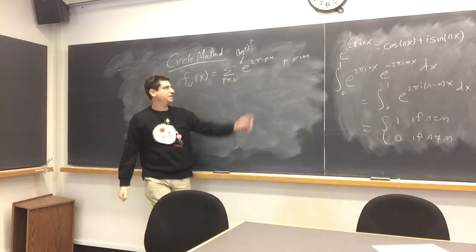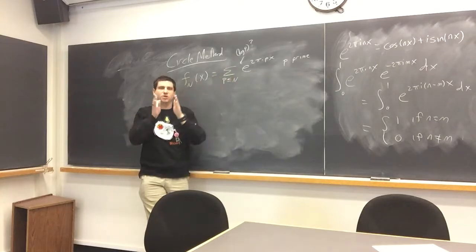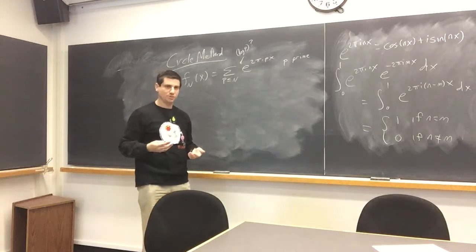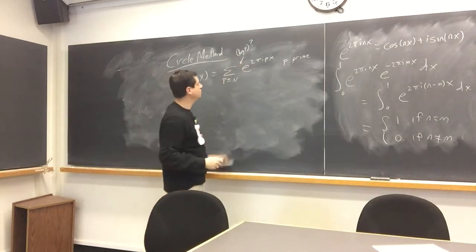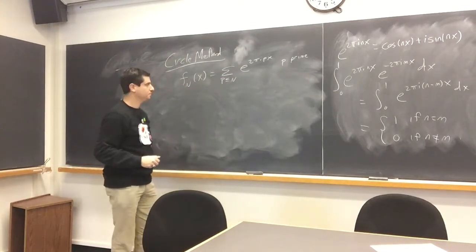Just so I can sleep at night, I really should put a log p weight here, because you learn if you go further in analytic number theory that you should not count primes equally. You should discriminate, but only small amounts. And you weight larger primes a little bit more than smaller primes. It just makes the formulas nicer. We're not going to deal with that. We're not going to put in the log p weights. But if you actually wanted to do the method, it would make things easier.